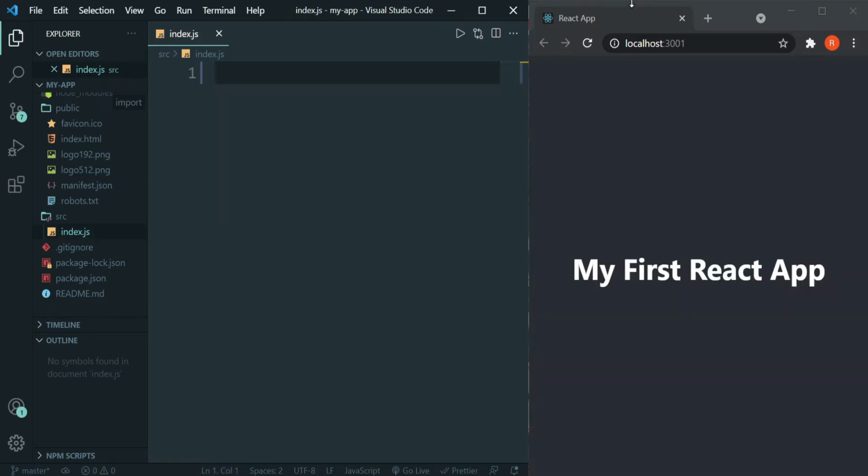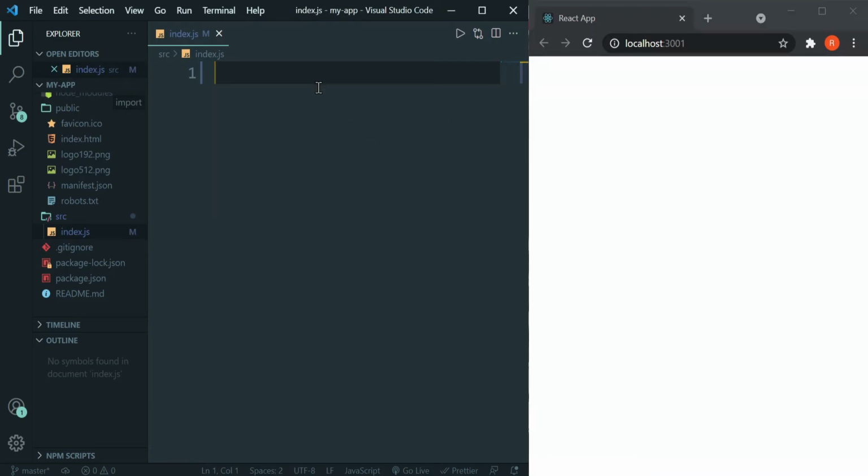After doing this, now we will be creating a React app from scratch. To create a React app, first we need to import React, which is a dependency that we have already installed. To import, just write import React from React. After importing React, you need to create your component. We can't create a component before importing React, so if you want to create a component, you need to import React in your file.